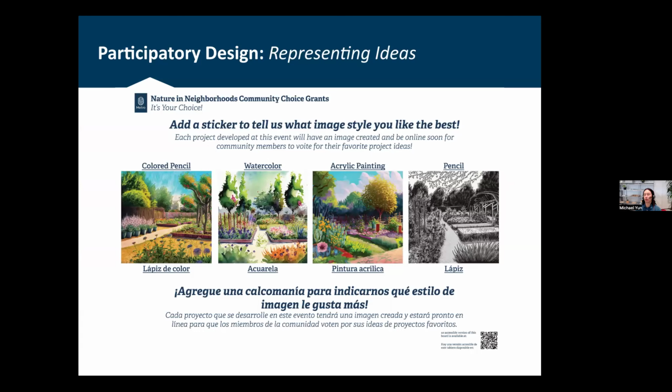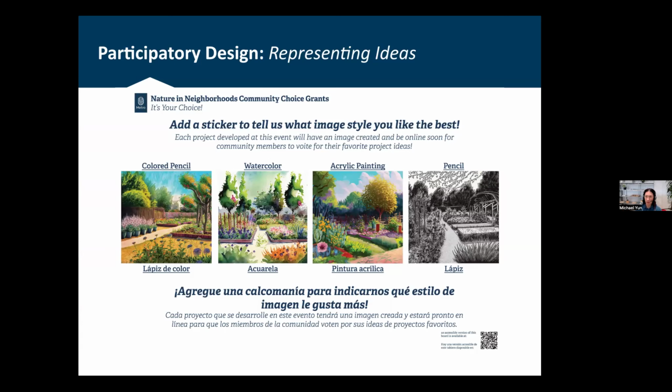Additionally, an important part of scaling this and making this equitable was trying to figure out how do we represent these ideas. Some individuals were very talented in their sketches and had really amazing graphics, and other folks wanted nothing to do with that. They just had a narrative description, and that was that. So as designers, the way that things are represented is very impactful for how people perceive them.